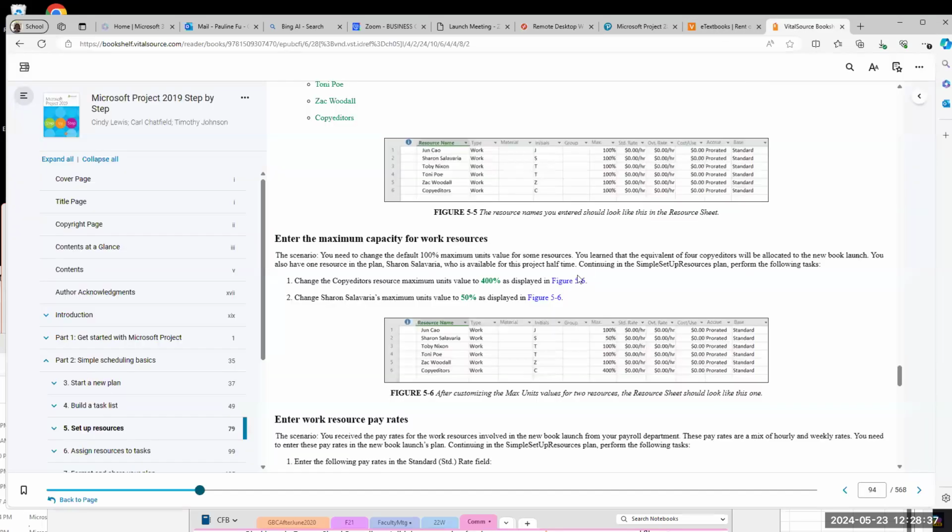All right, so next one, change Sharon Salaveria's maximum value to 50%. 50% means this person is available for half of the time. The person is available for this project half time, not full time, okay?